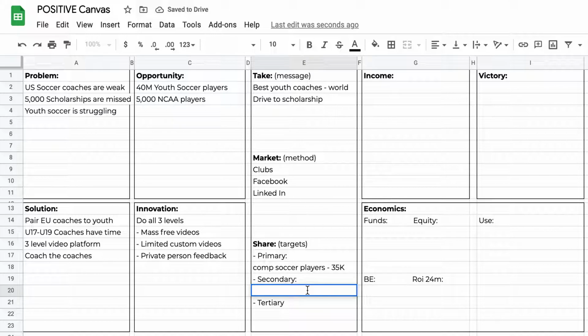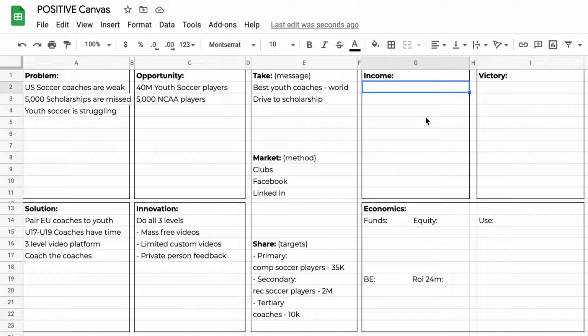Well, secondary is we want to help regular rec players. And there are 2 million of those, we'll say. Okay. And then our third target that would be cool, we want to get them, but we can live without them. These are coaches, right? So we could say coaches, and you could have the same tiers, but we'll just say coaches in general, and we'll say our target there is 10,000 coaches. So that's when you're talking to people and giving your pitch. If you have some basic information about them, that's all you really need to put here.